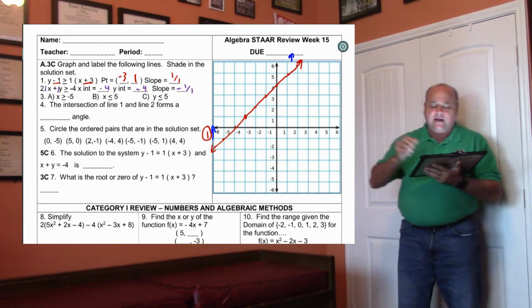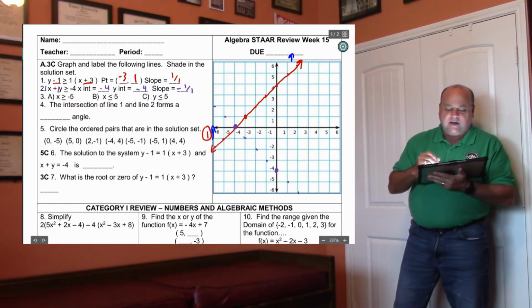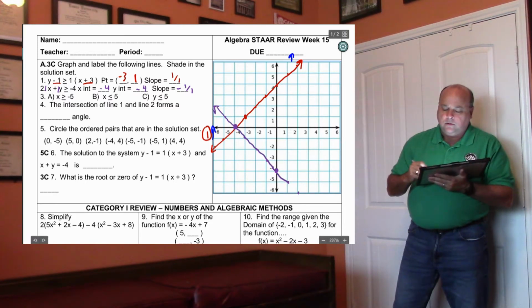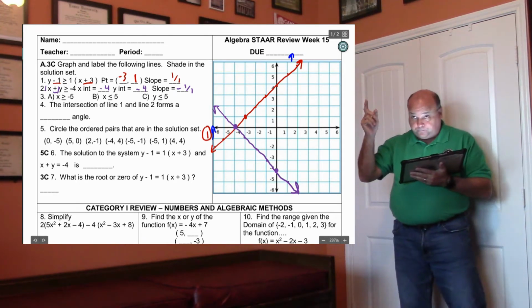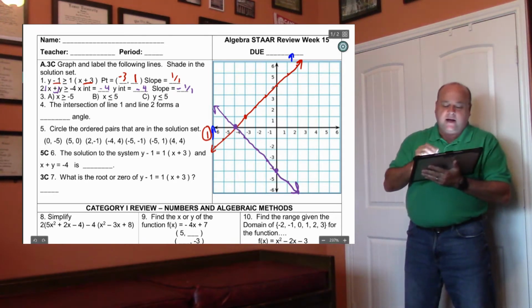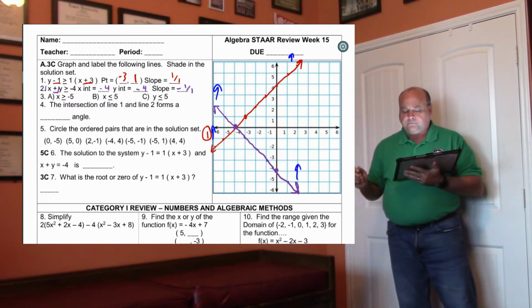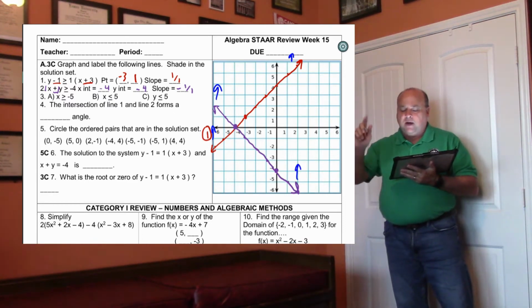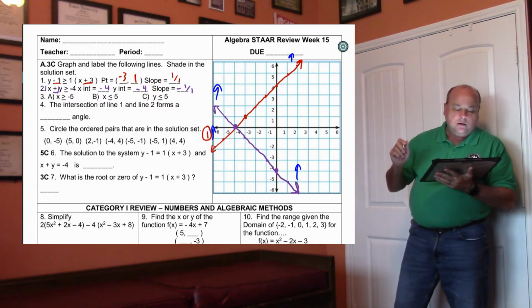Okay, so this line is going to go through the negative 4 and the negative 4, and the slope's going to be negative 1. It's going to go down 1, left 1 in it. So this line is going to look like this. Okay, notice our y is positive and the inequality is greater than, so this line is going to be shaded up. Okay? So far both lines are shaded up, aren't they? And the last one is going to be,